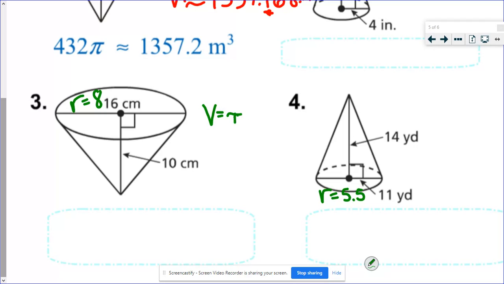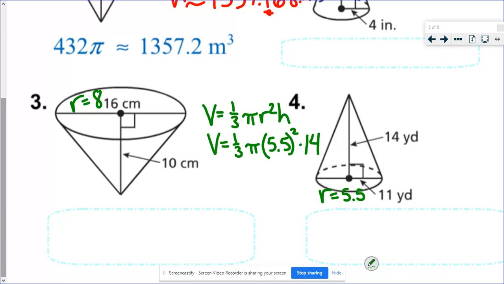V equals pi. Oh, I forgot my 1/3. 1/3 pi r squared h. So 1/3 times pi, the radius is 5.5. I'm going to put this in parentheses. You don't need to. I just think that sometimes when there's decimals in there, it gets a little bit confusing if I don't have parentheses. And the height is 14. Now, the 5.5 squared, you can either use your square button or you can just do 5.5 times 5.5 times 14 times pi, and then divide by 3. I have for an answer